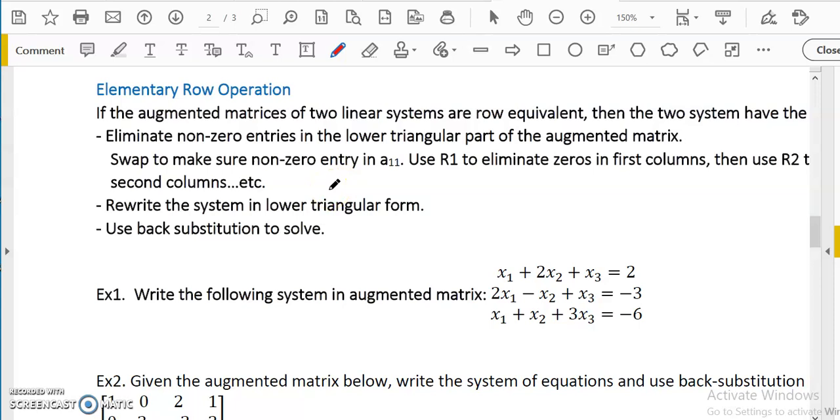This is limited to n times n, like a square matrix. The number of rows and columns are the same. So how do I do it? To do it, your goal is to eliminate to make the